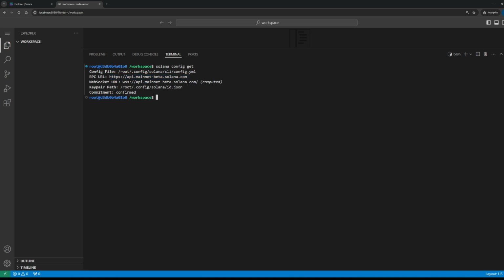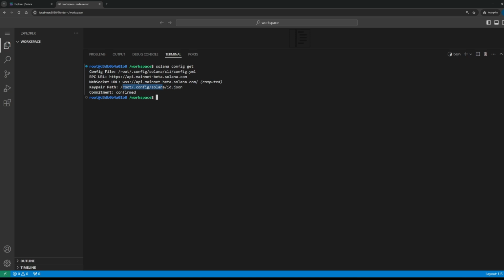The second important point is the key pair path. As you should be familiar, on Solana you have public keys, which are basically the address of your wallet. You will also learn that there are addresses on Solana called program-derived addresses, which do not have private keys, but a regular key pair actually contains a private key and a public key. In this case, the key pair path is the path to the private key, so you can, for example, sign transactions, as you will see later.